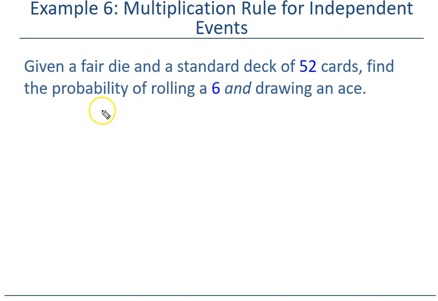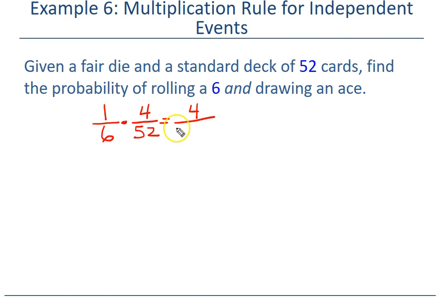So for rolling a 6, that's going to be 1 out of 6. Now here, because they're independent events, we're going to have the multiplication rule apply. Now, how many aces are there in a deck of cards? And the deck contains 52. So we could do some cross-canceling, or since we're going to use our calculators, this is going to be 4